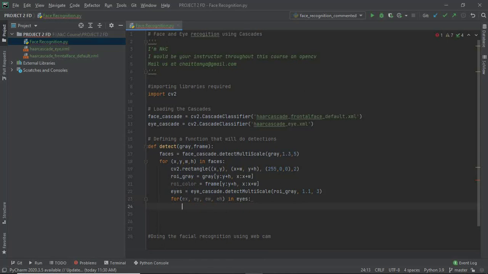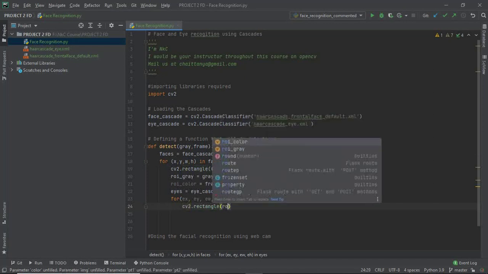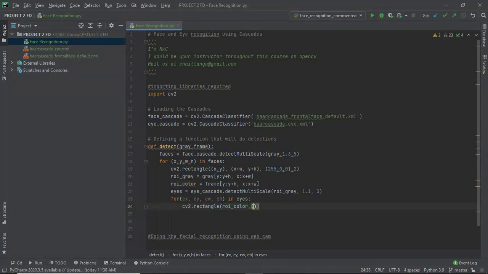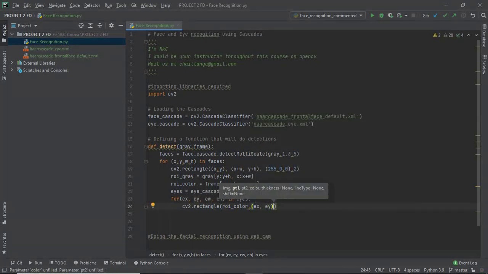Then we are going to paint a rectangle around the eyes, but inside the referential of the face. You got my point, right? This was entirely the same stuff with the required modifications.